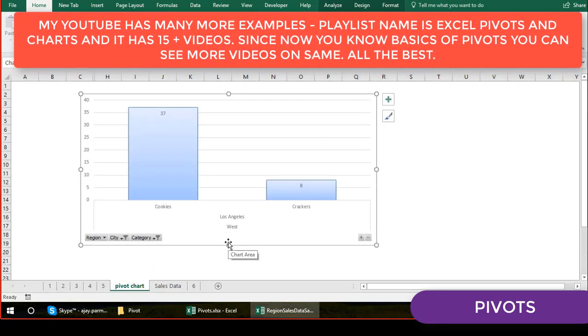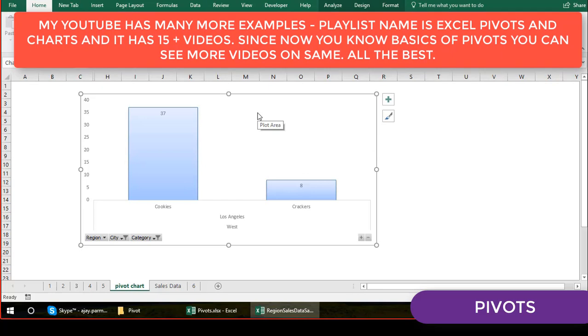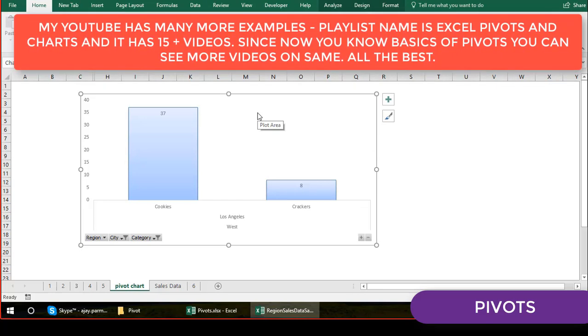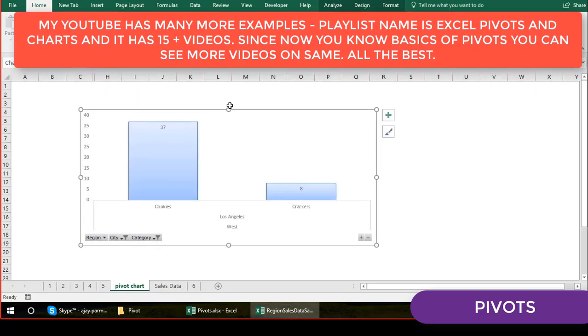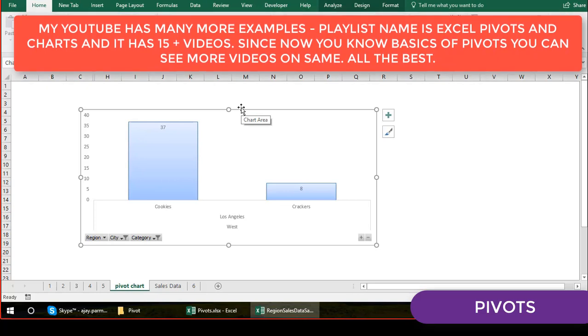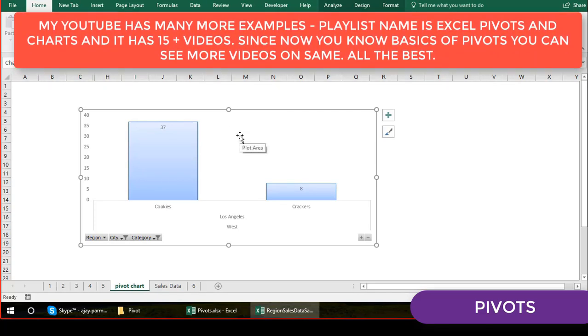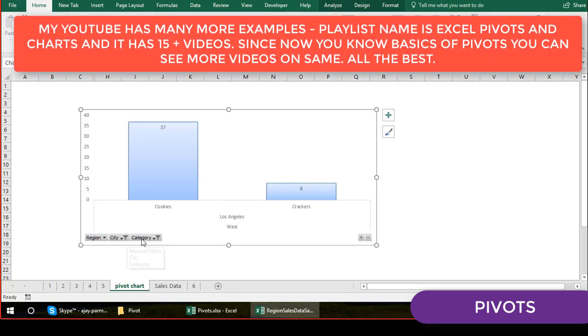So with the slicer, the data also changes, and at the same time pivot also changes, and people think, oh wow, this is such an incredible work. I mean, it is a good work, but if you see it from the amount of time, the duration you have spent, it's nothing. How much time we have spent on this chart, though it looks great.